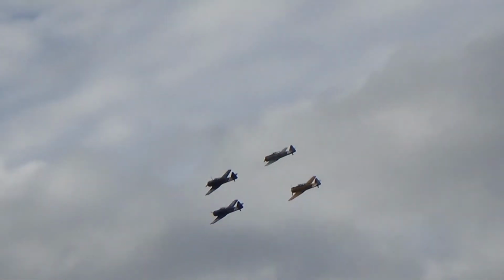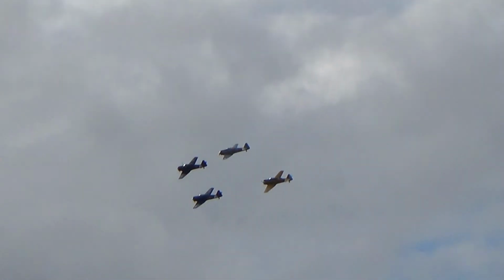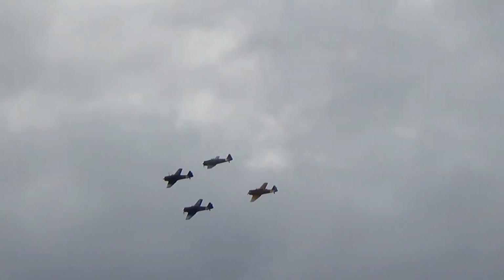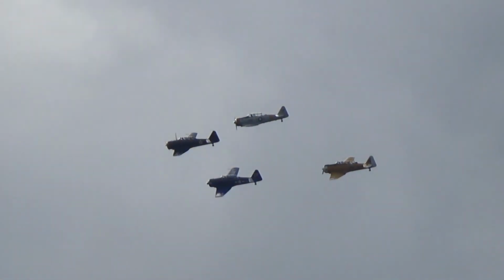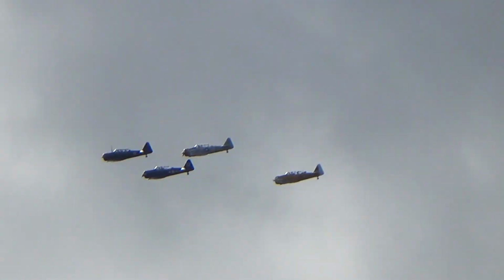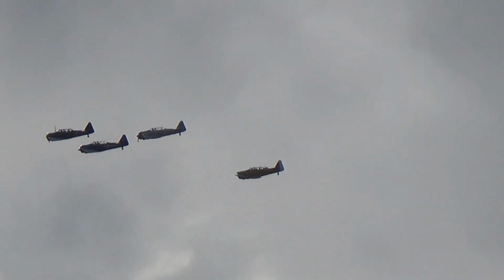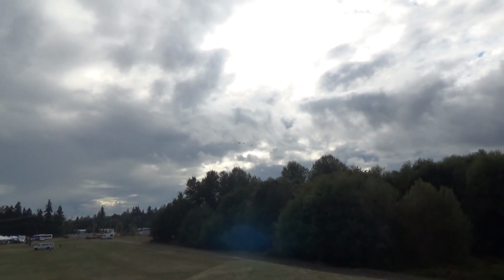Spinning those propellers out there is the 600 horsepower Pratt & Whitney R-1340 Wasp radial air-cooled engine. These aircraft weigh about 2 tons empty, or about 4,000 pounds, with a maximum takeoff weight of 5,300 pounds. Maximum speed of the Texan or the Harvard is 205 miles per hour with a service ceiling